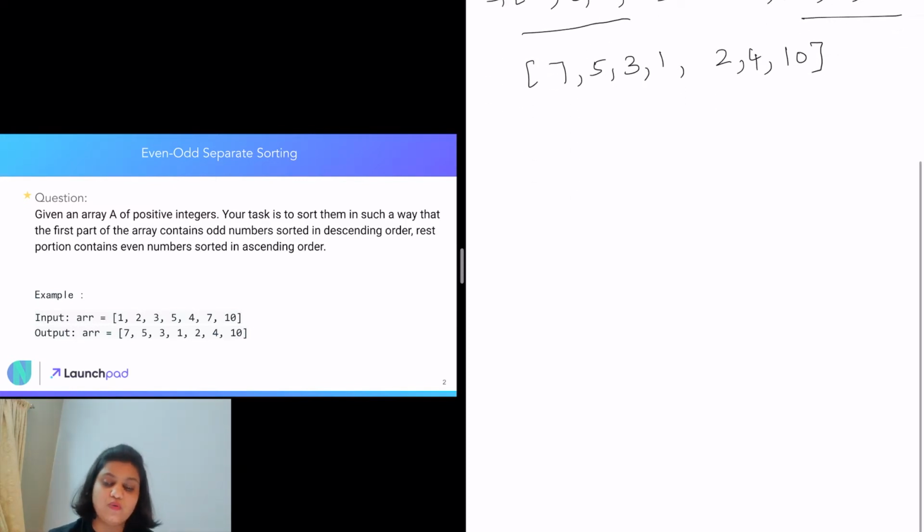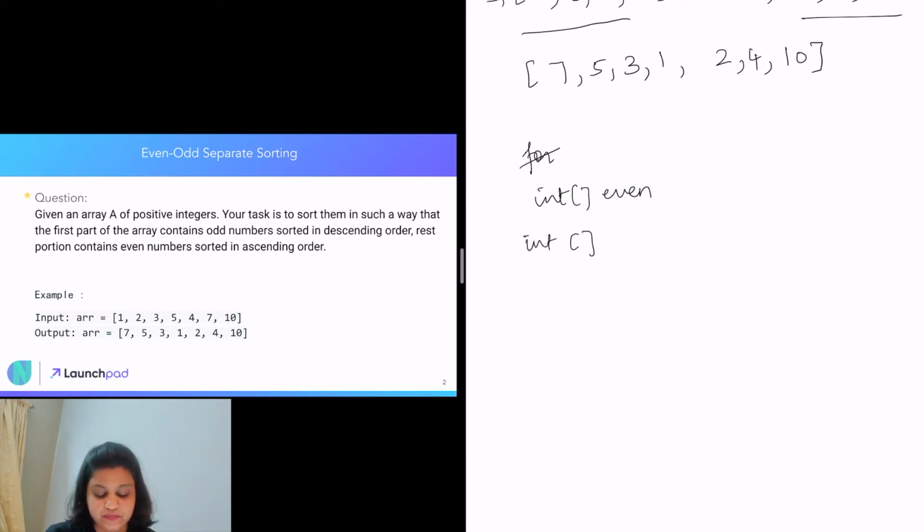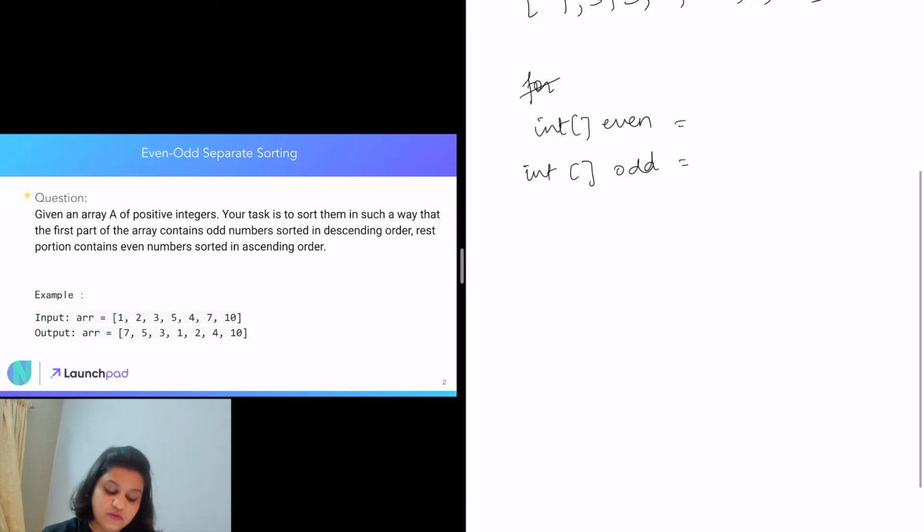Okay, so what we have to do in this scenario is we first have to create two arrays, one even and one odd. Then we need to go through the entire array and check if it is even, then we need to insert it in the even array.